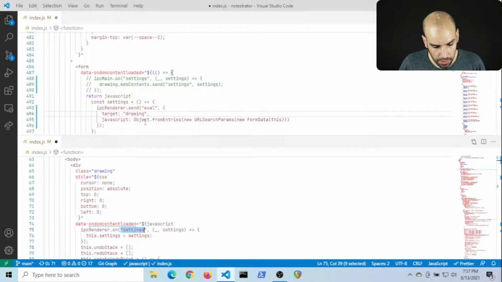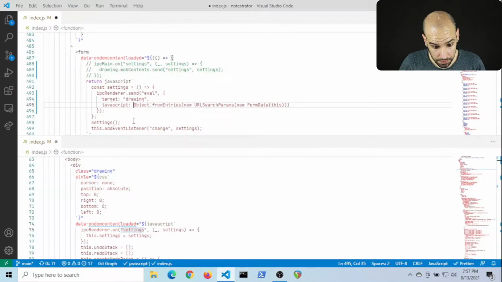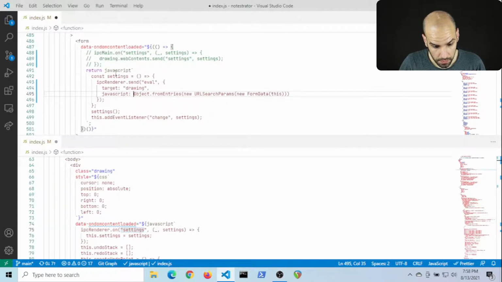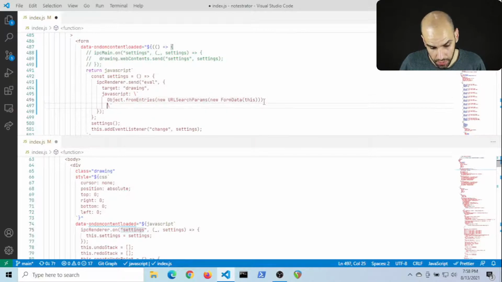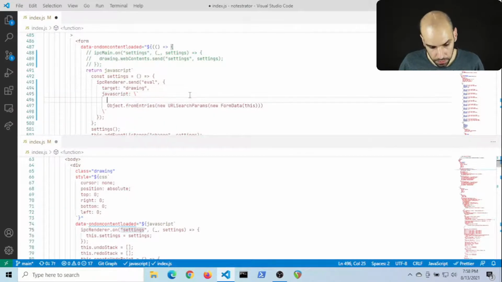The JavaScript that I want to run is a string. And now this string is client-side JavaScript that will be executed on the drawing window.